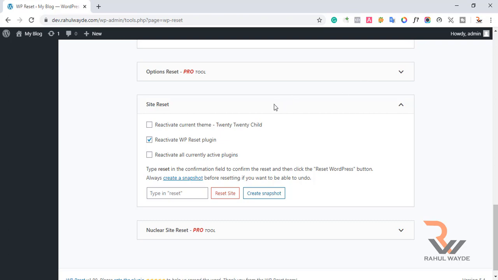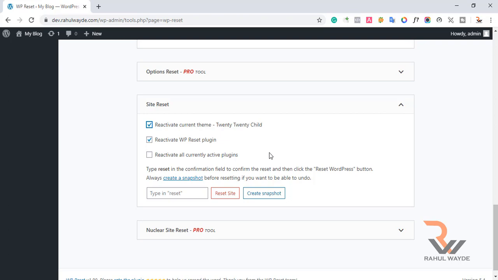I will check this checkbox right here which is reactivate current theme, which is 2020 child. I want to reactivate it, and reactivate WP Reset plugin. And there is also reactivate all currently active plugins. I don't want to reactivate all currently active plugins.